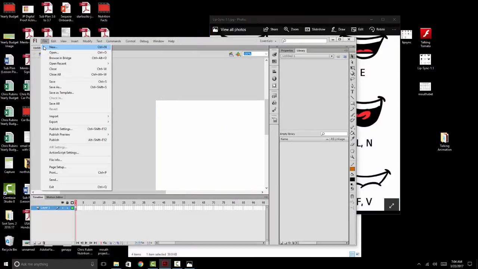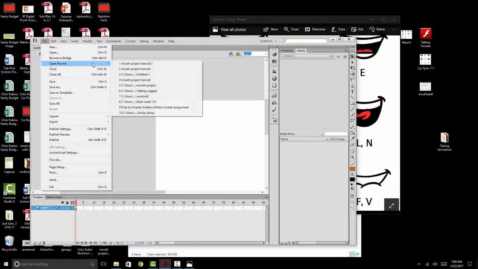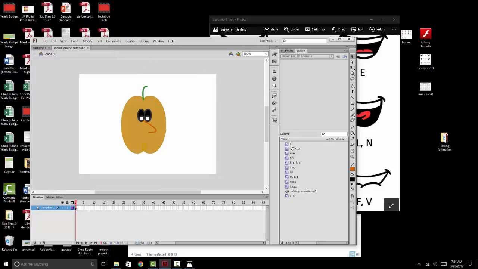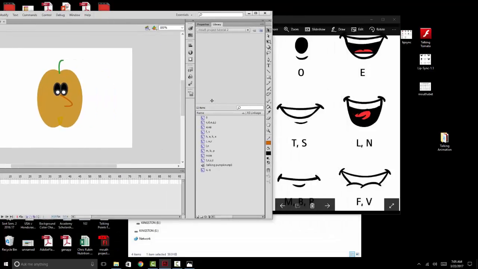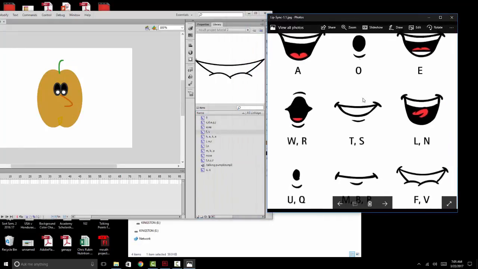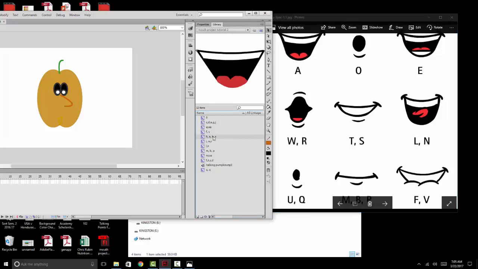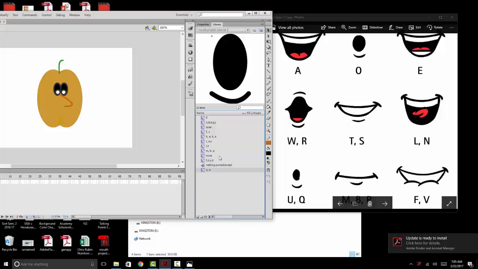I'm going to open up another Flash document that I've been working on. You can see that in my library, I've created an FV mouth. I've created a mouth that's A, but also I put some other letters that are associated with that look, and so on and so forth for each of the mouths that I'm going to be using. So 9 different mouths. You need all those in your library. In addition,